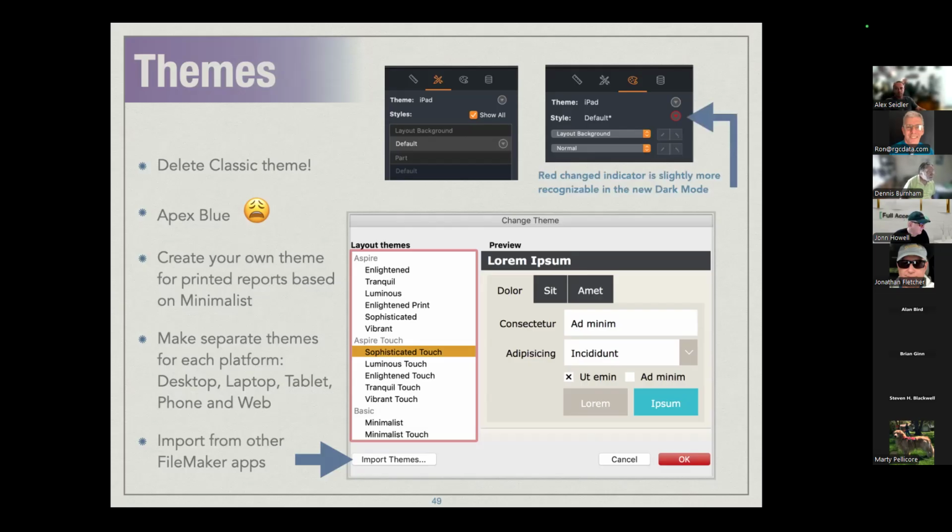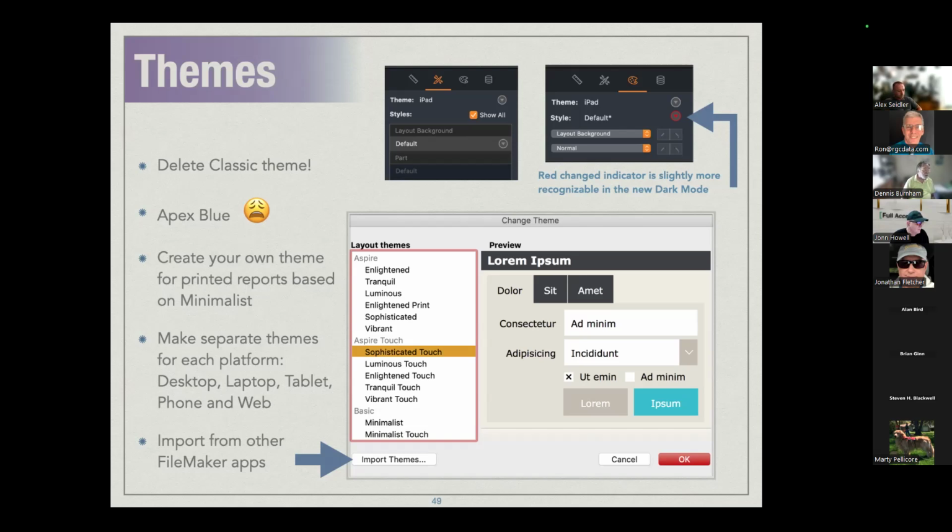The fact that they show up in red is really a problem for me. I have a color blindness issue. Really hard for me to see red on black. I'm happy to tell you that there's a lady at Apple who's working on this issue. There are a lot of places in FileMaker where that red color is difficult to see. But